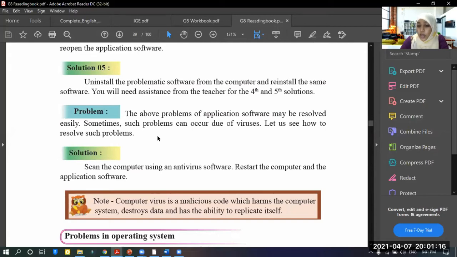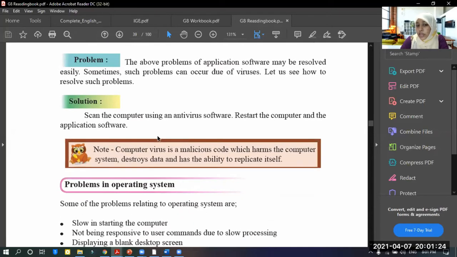What are viruses? Viruses or malwares are harmful software to the computer. If you have learned in grade 7, there is a subject about malware. Malwares are harmful softwares made by human beings.